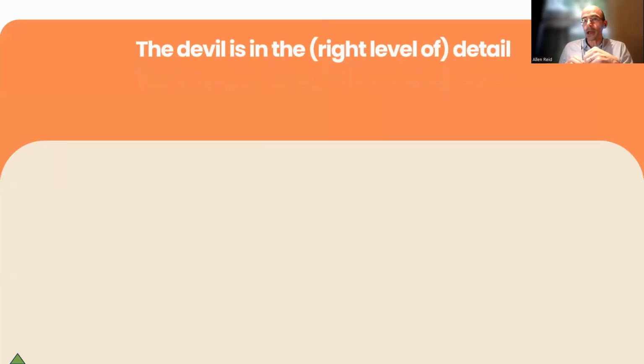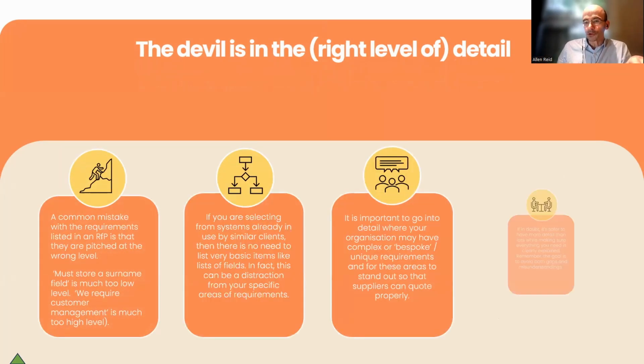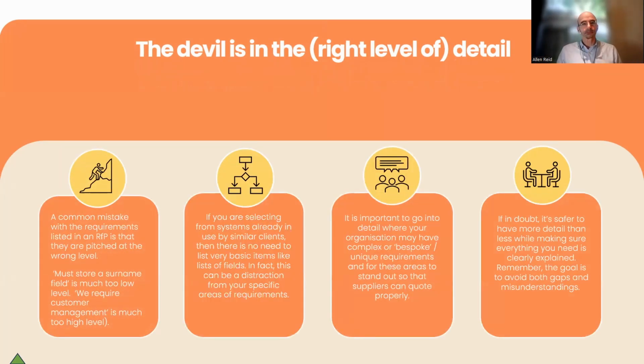So I'm just going to invite Matt, if you don't mind, Matt, to comment on getting the right level of detail and making sure your requirements go well. I'll just put everything on the screen for you. Thank you, Alan. And yes, so we're going to cover here the right level of detail to have in your requirements document. The reality here is the risks are that there is too much or too little information in this